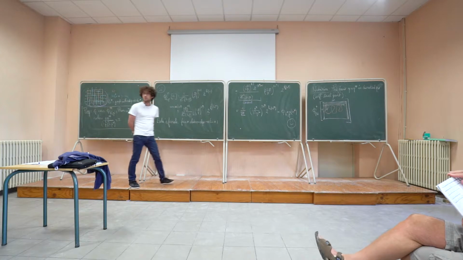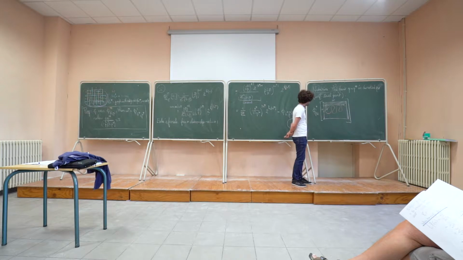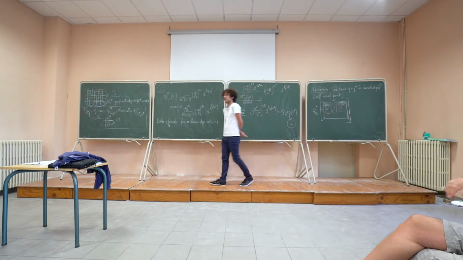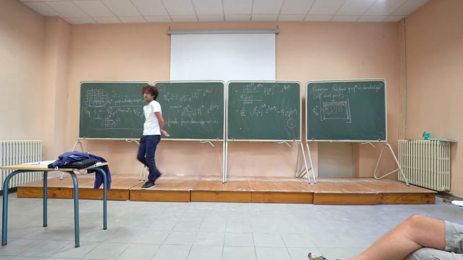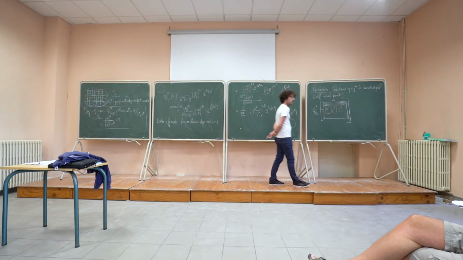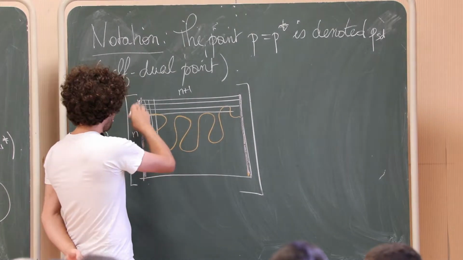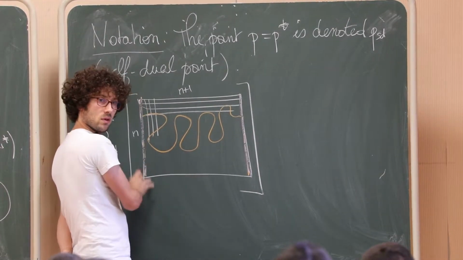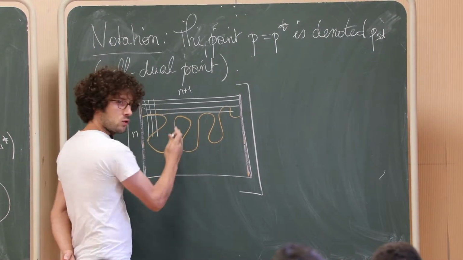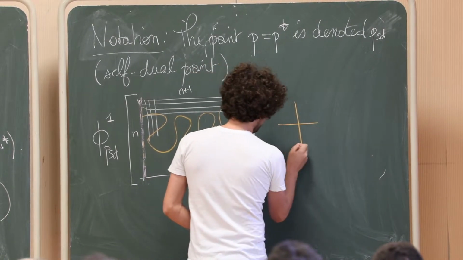Let's start with percolation. For Bernoulli percolation, what is the complement of the event that there is a path from left to right? Well, if there is no path from left to right, the right boundary of all the clusters that touch this left side is going to look like that. There are going to be edges that end like that.